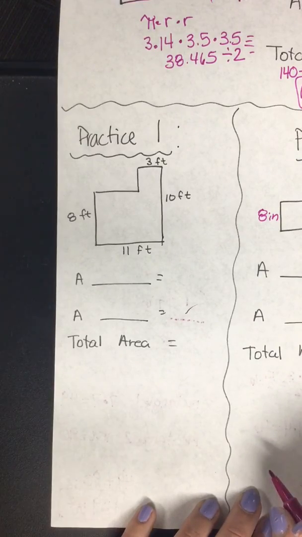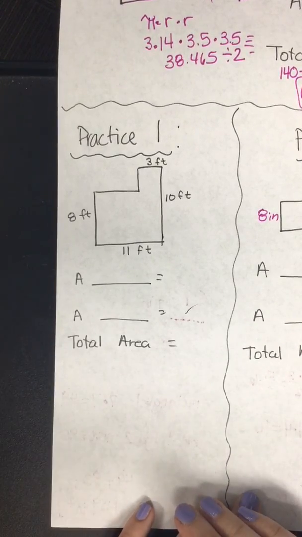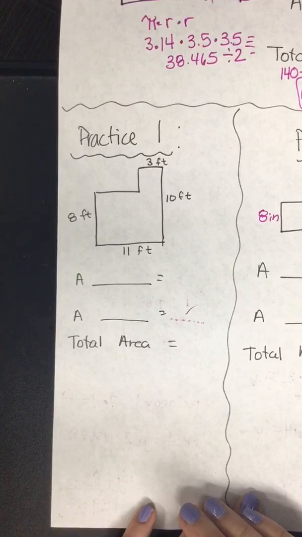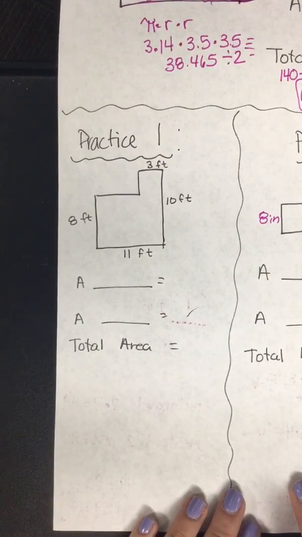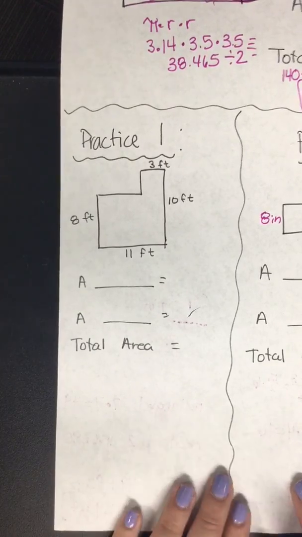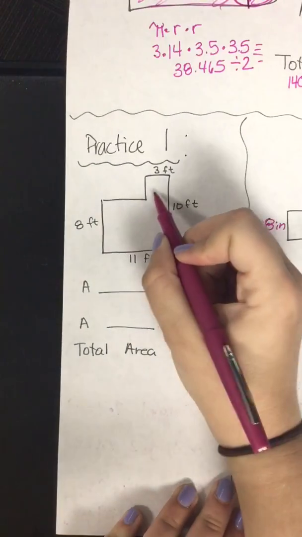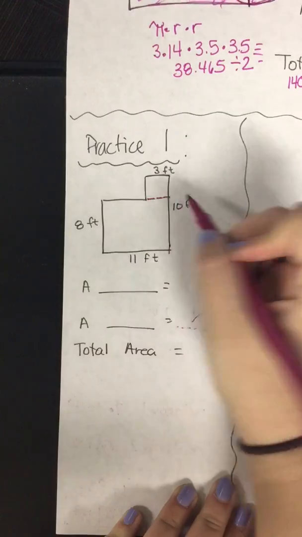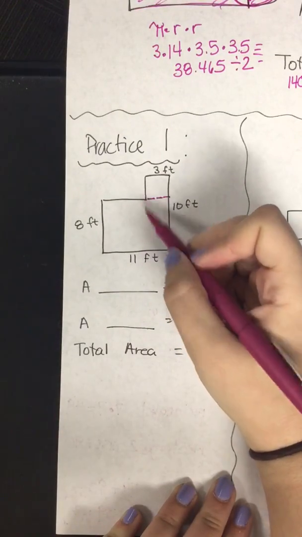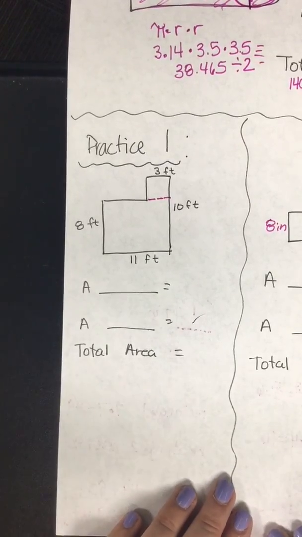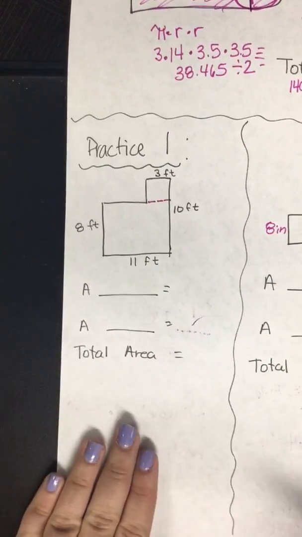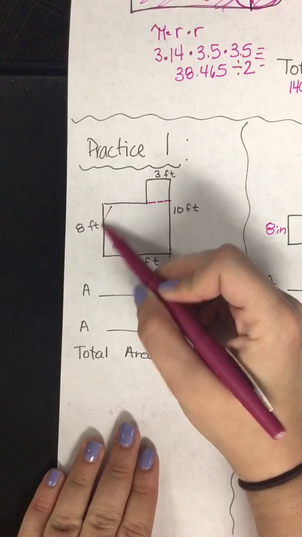All right, the first practice problem. We have a figure that is made up of two rectangles or squares. We're not entirely sure. Some of us may have split it like this, some of us may have split it like this, but since you chose to split it like that earlier, I'm going to go ahead and split it like that again. Okay? All right, so we know that this big rectangle down here